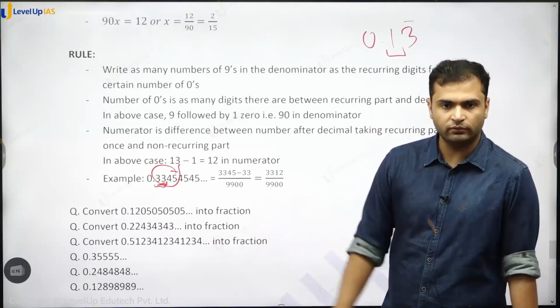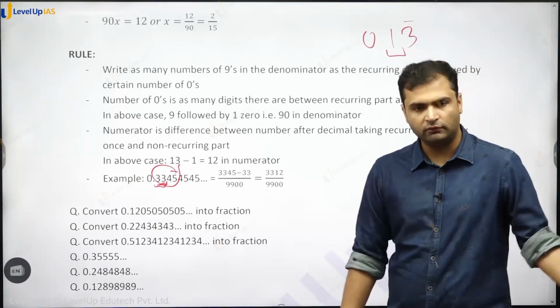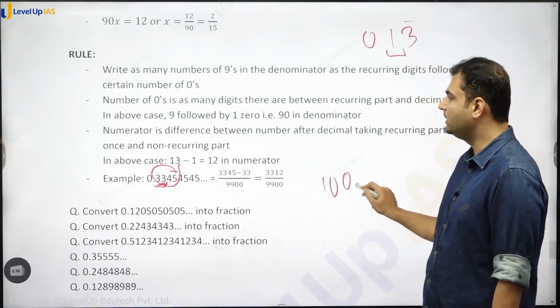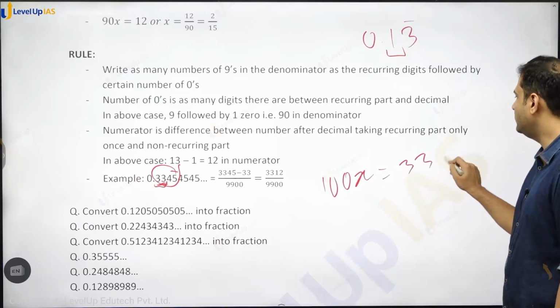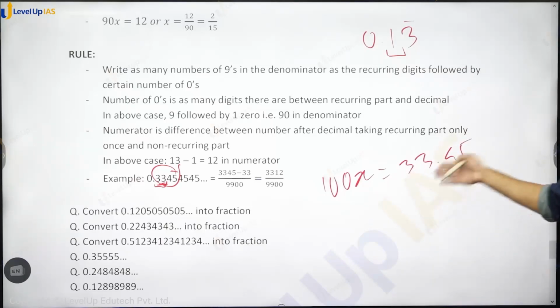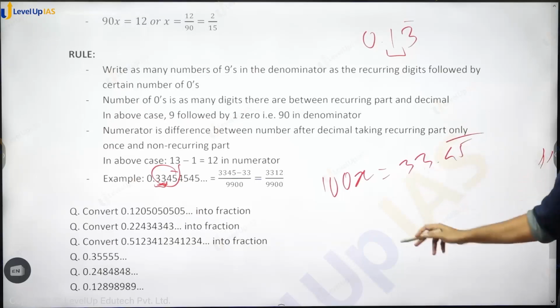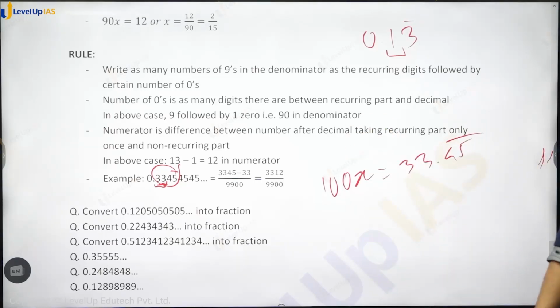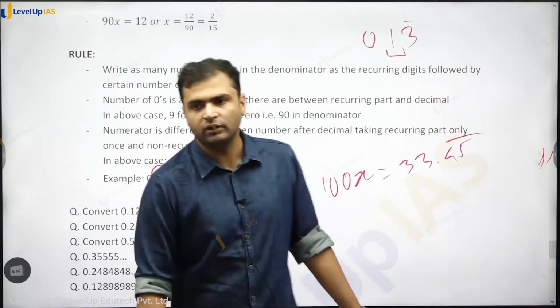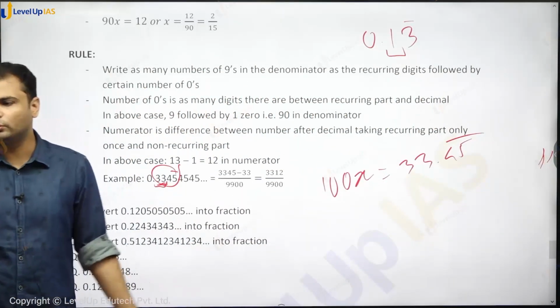that is the working rule for this। If you don't want to remember this, you can multiply it by 100, you will get 100x is equal to 33.45। now we apply working rule to this, or again multiply by 100, subtract and get the fraction, answer same ही आएगा। Here you will have some more remembering to do, there you can perhaps do with little less।